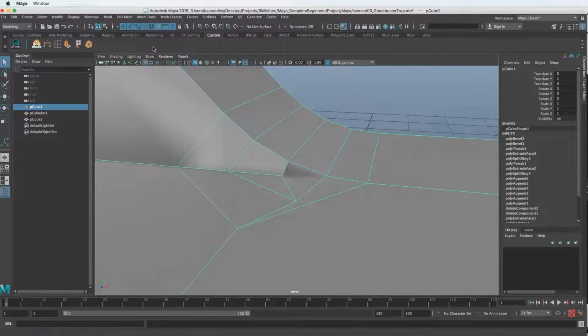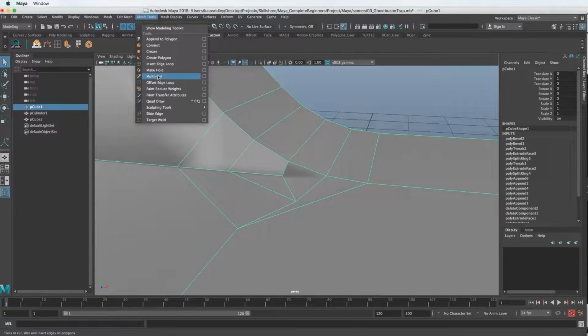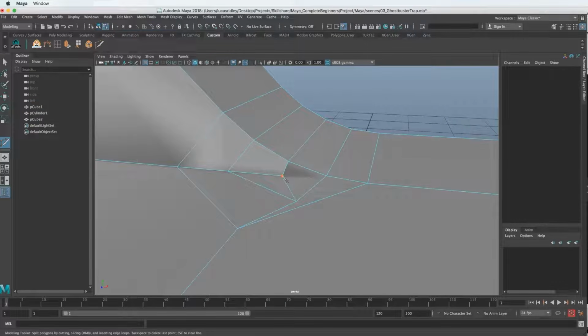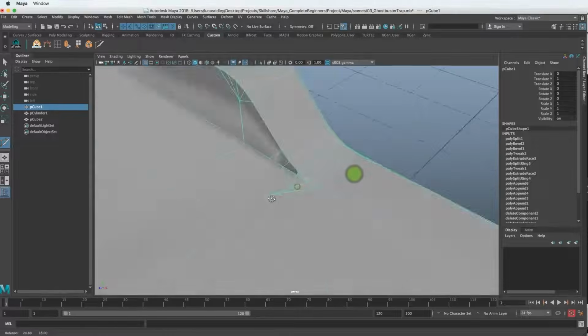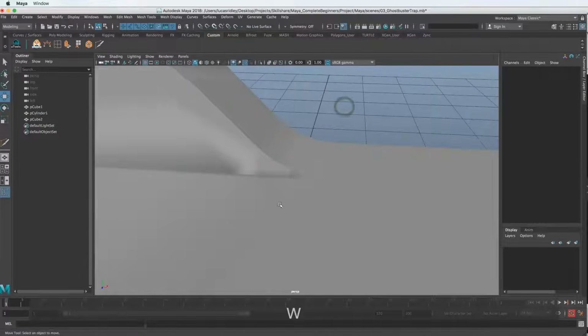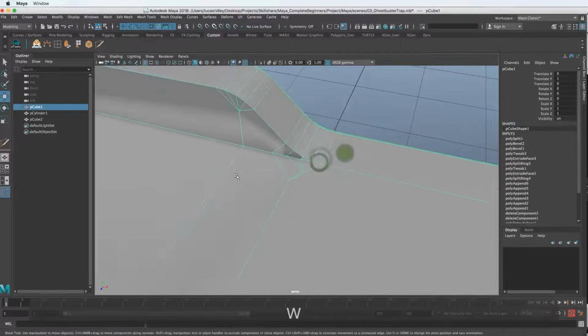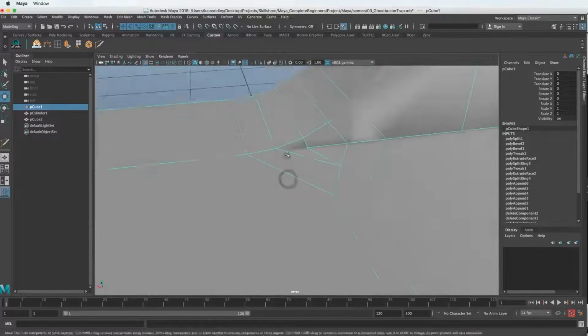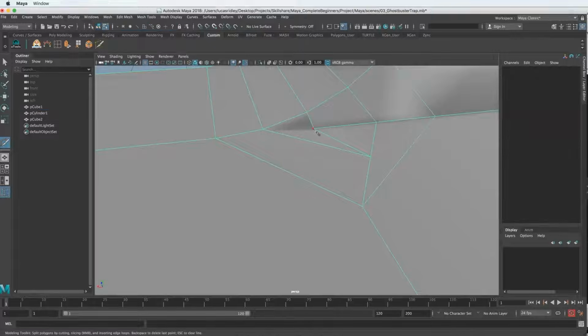So let's go to the mesh tools and down to multi-cut, and we'll Command Shift that to add it to our shelf. If I click that, I can select a vertex and select another one and it'll cut this in half if I hit enter. So now we have room for that to describe what's actually happening. If I select off of here, you can see it's still shaded in a weird way, and we can fix that in a second. But before we do that, we need to add the geometry in here so it knows how to describe that area. So we go to the multi-cut tool, do that to this side as well, and hit enter.